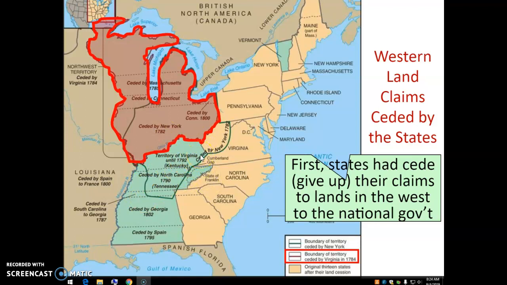Like New York is claiming all of this for New York, all the way down to present-day Alabama, Mississippi. Well, when we think of New York, we don't think of that area. So you had a lot of disputes over this land. You can see Virginia here is giving up this land that will eventually become Kentucky and so forth, and Tennessee here with North Carolina. So all this land is given back to the federal government.